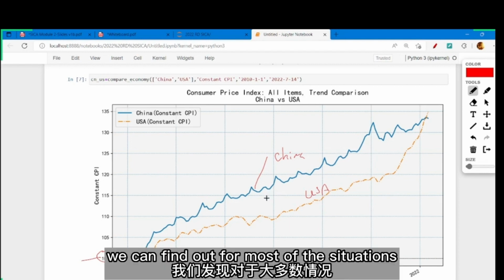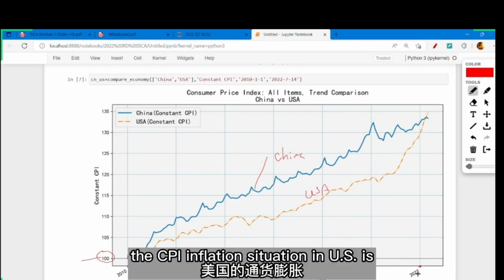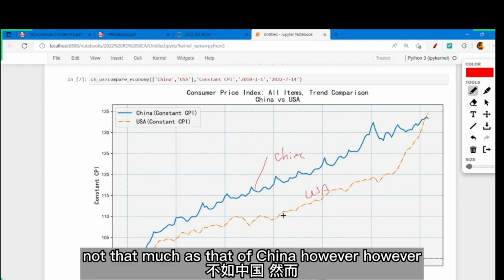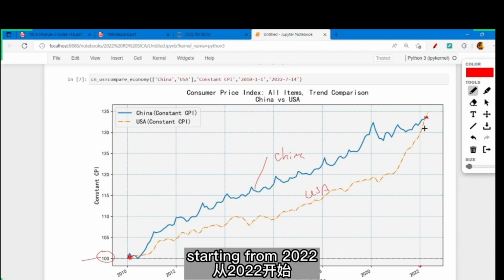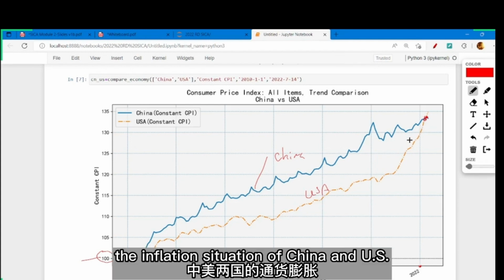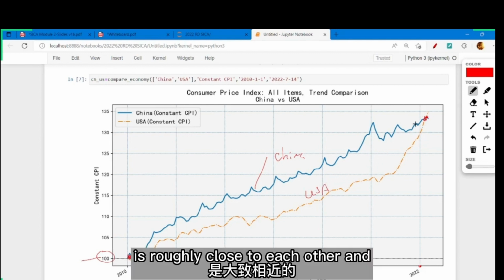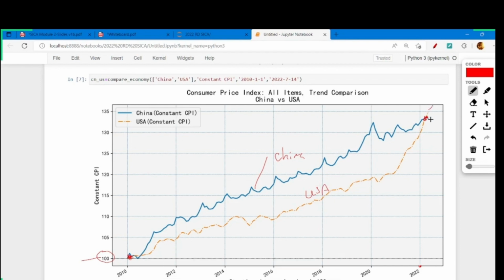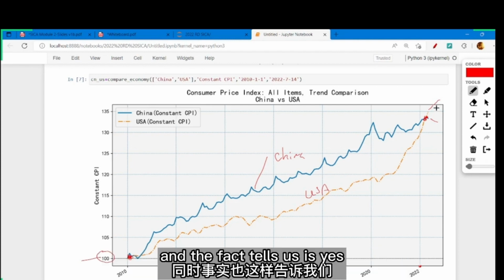From these two curves, we can find out for most of the time from 2010 to 2022, the CPI inflation situation in US is not that much as that of China. However, starting from 2022, the inflation situation of China and US, the growth rate, is roughly close to each other. And from here, we can tell that the inflation situation of US might be more serious now than that of China. And the fact tells us is, yes,